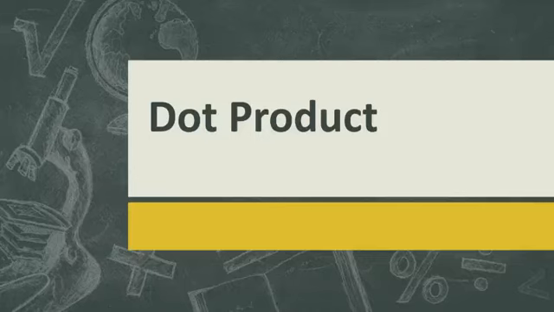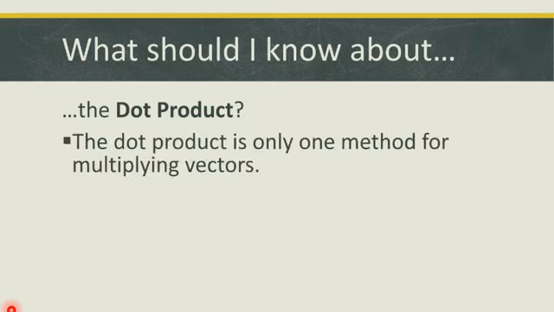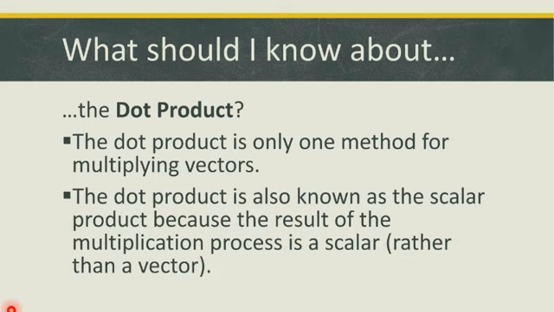So we're going to be looking at what we need to know about the dot product to move forward. So let's go ahead and start with the dot product is only one method for multiplying vectors. There are actually a number of methods for multiplying vectors, and the dot product is only one of them. The dot product is also known as the scalar product because the result of that multiplication process is a scalar